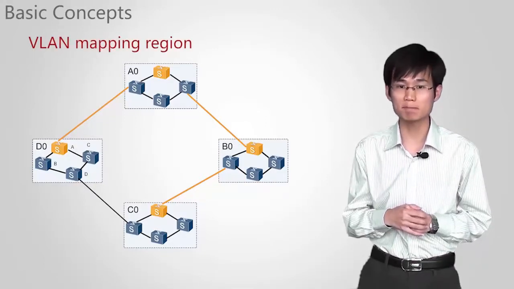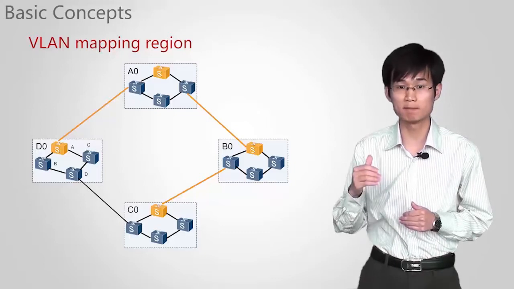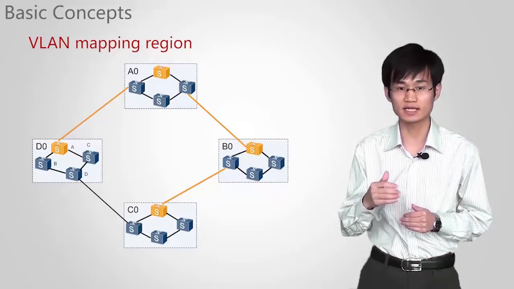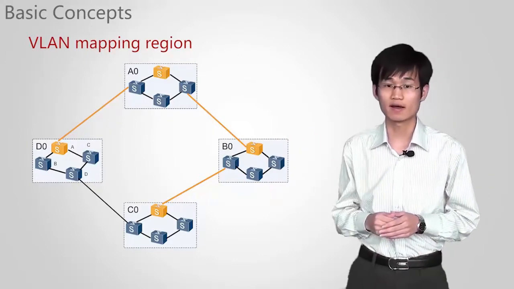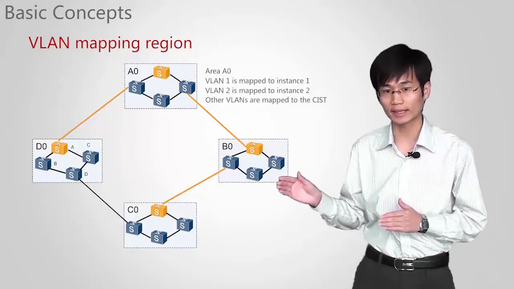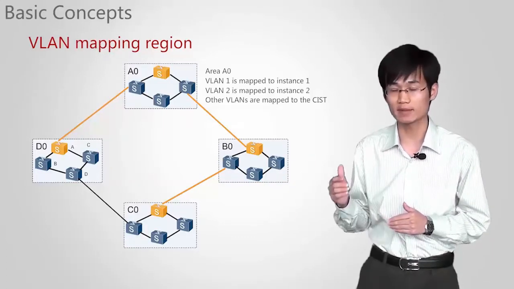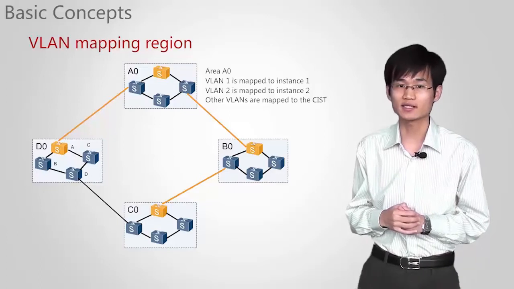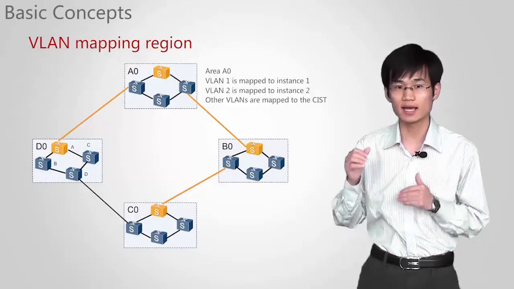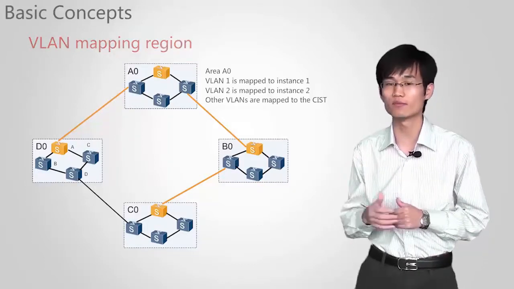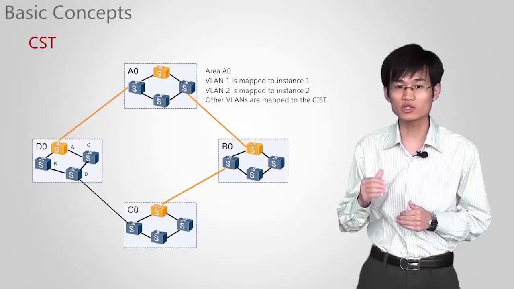Second, VLAN mapping table. The VLAN mapping table describes the mapping between VLANs and MSTIs. Let's look at the figure. VLAN 1 maps to MSTI 1, VLAN 2 maps to MSTI 2, and other VLANs map to the CIST in the MST region A0. Third, CST. A common spanning tree,